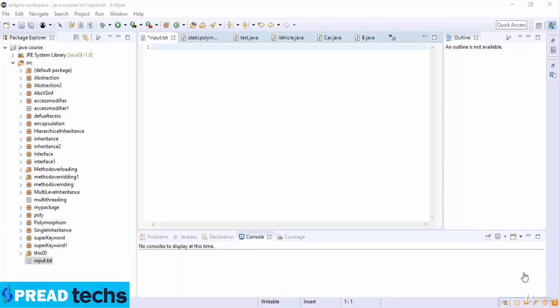Welcome to this lecture. In this lecture we are going to discuss the multi-threading concept in Java. Before we ask about multi-threading, let's discuss the thread. A thread is a lightweight, smallest part of a process that can run concurrently with the other threads of the